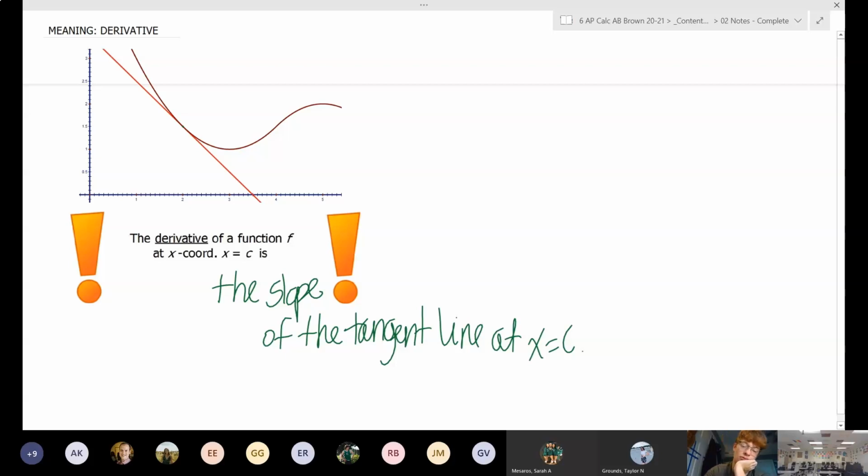Well, what do I mean by that? So I have some random function. I'm going to call it the function f of x. I have a tangent line drawn. The slope of this actual line at the point x equals c is literally called the derivative of that function. So in the most basic terms, when I say derivative,